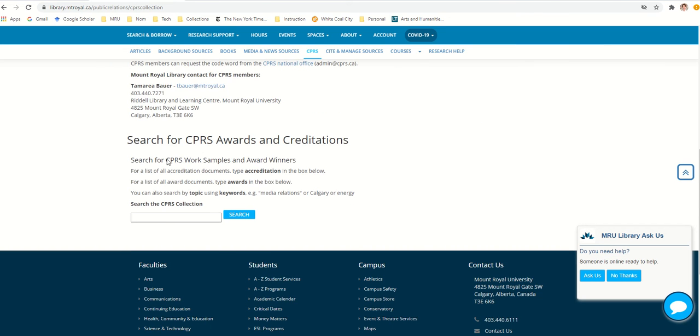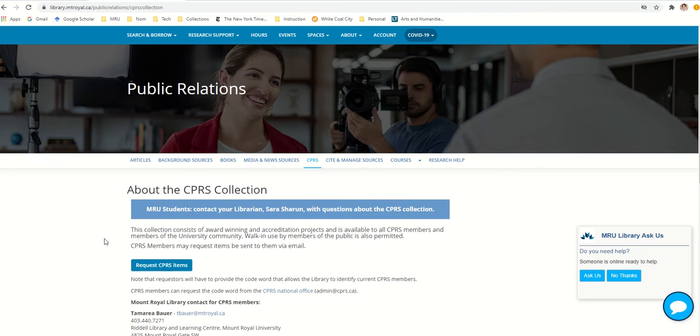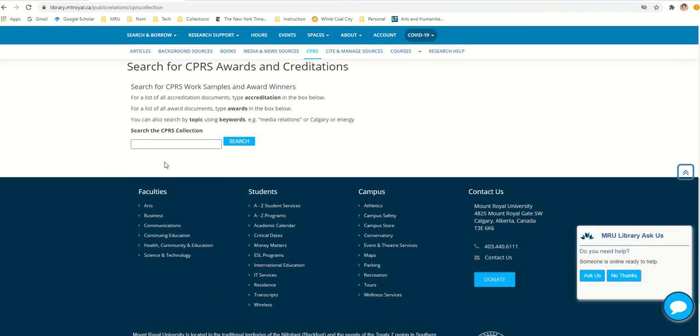The easiest way is to go through this search box here. So again, we're on the Public Relations Subject Guide under CPRS, and then we can search here. Now, the items in this collection, the records aren't that descriptive. We don't have a lot of keywords on these records to help you find them that well. So sometimes keywords will work. So you can put in a keyword like media or energy or social media or something like that, something related to the PR function or maybe the industry